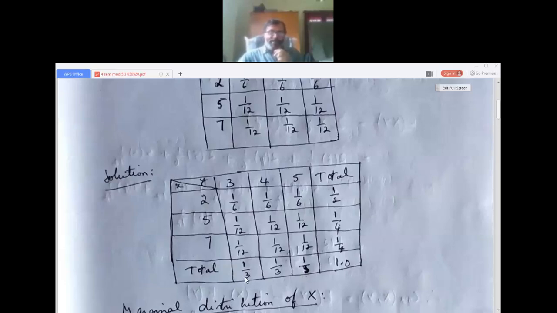Now again, if you add, this will be 1 by 3 plus 1 by 3 plus 1 by 3. This will be 3 by 3, that will be 1.0. This can be written as 2 by 4, plus 1 is 3, plus 1 is 4, so it will be 4 by 4, that is 1. So here also you get 1, here also 1. This is the first point where you can make out whether you are correct or wrong. For the correct table completed like this, there will be 1 or 2 marks.